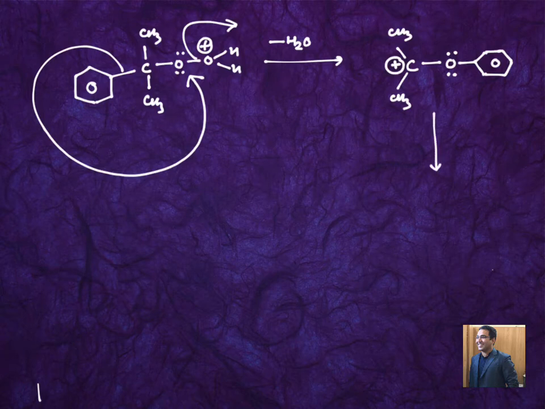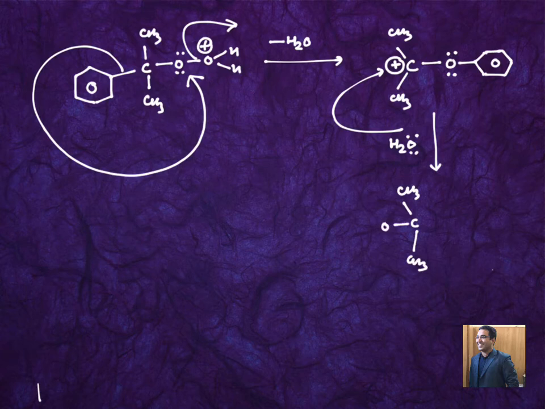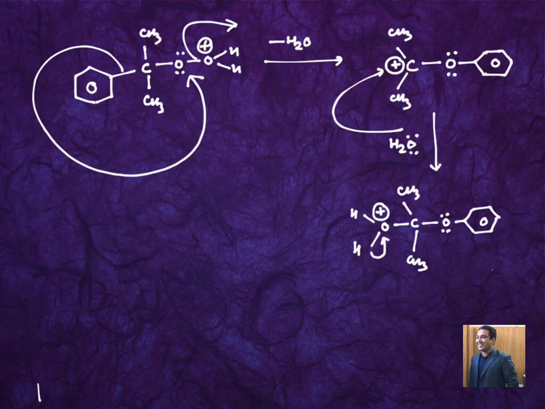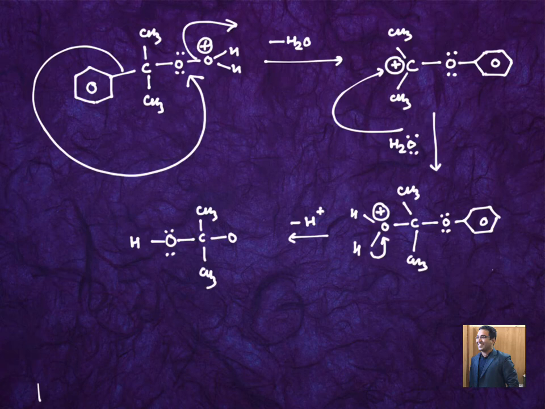The water which we have written here will come back and attack. This time it will attack on carbon. After this attack, we can expect these CH3s at this place, OH2 plus. Remember, whenever oxygen forms 3 bonds, you can show it directly as O plus. That's a simple thing. Followed by this, H plus, which is being taken as a catalytic amount, will be given back, and we get formation of OH on the carbon, CH3, oxygen,